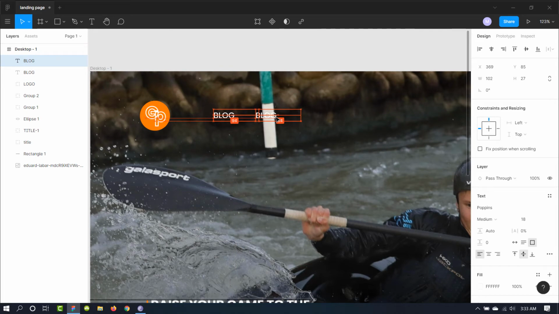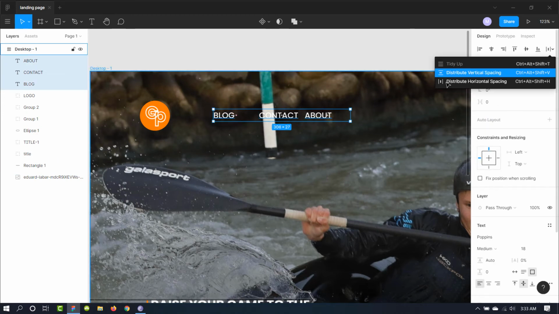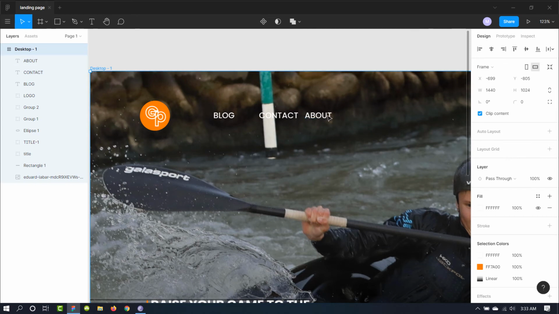Let's just copy this by pressing Alt. We need to rename this now. Contact and about. Now in order to align them, we need to select all of this and we can use this distribute horizontal spacing. Actually, it is not working